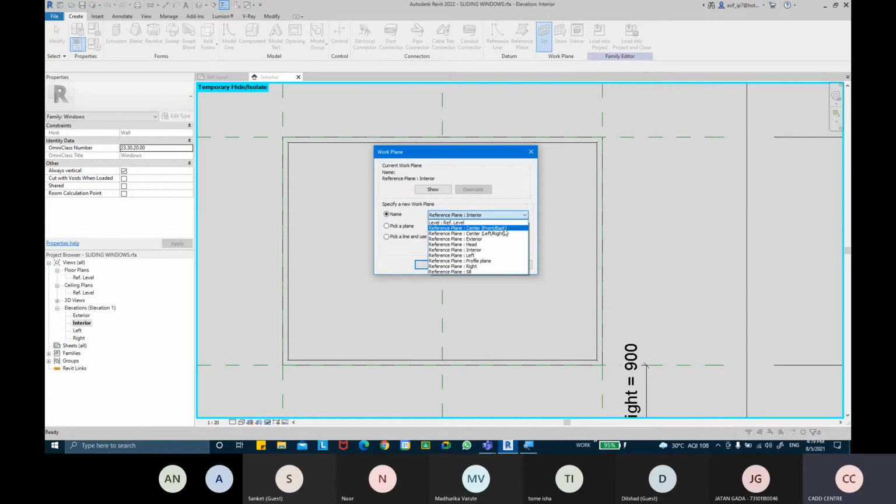So I'll take the work plane reference planes of center line. So we have two center lines, one center line for front and one center line for the left. So we'll take the front one. When we pick that,